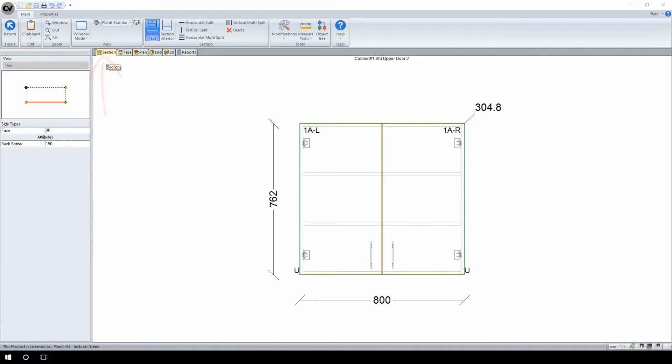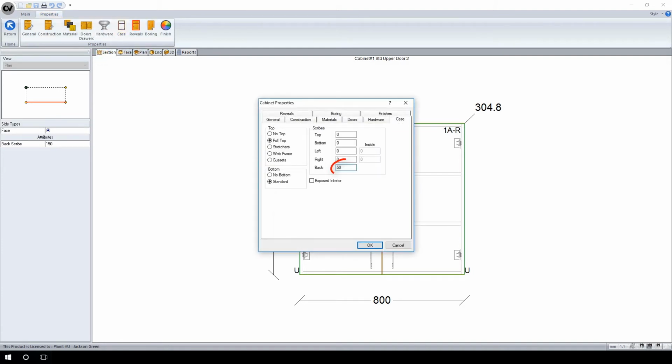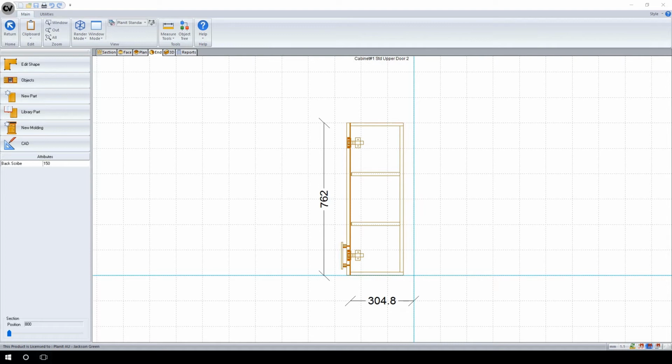ribbon bar. We can then advance to Properties, then Case. By adding a scribe value in here, it will generate a scribe parameter that we can commandeer with our new attribute. Selecting OK, we will now link the 2 parameters, one being the backscribe we just applied, the other being our custom made attribute. I would utilize the end view on the cabinet to best see the application of the